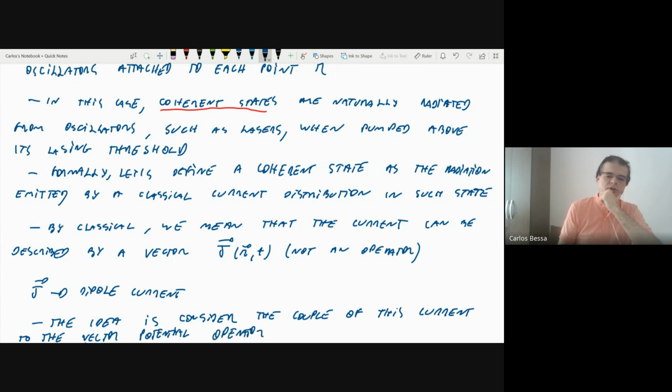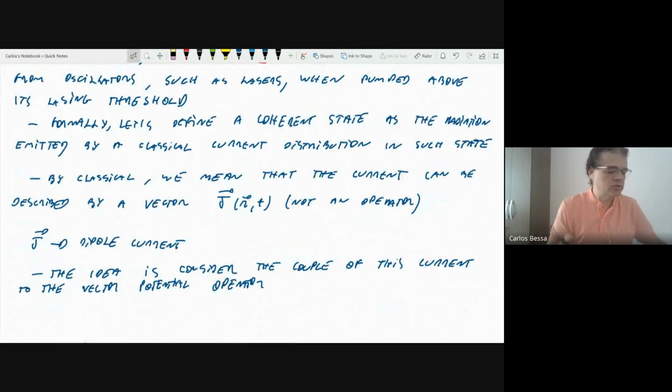The vector potential is defined in terms of the electric field, the quantized electric field. So let's call A, cap A, that's the potential operator